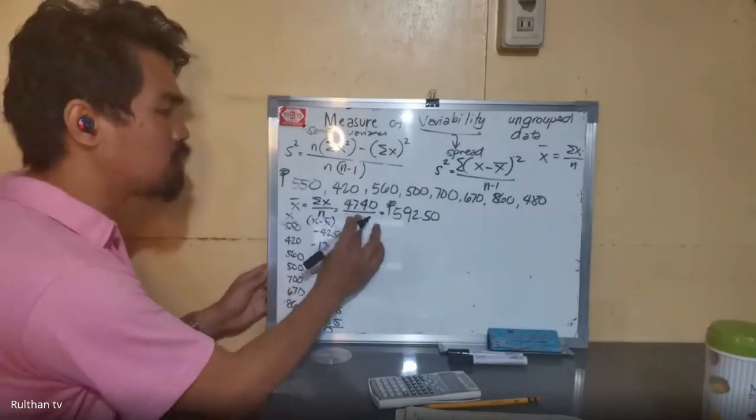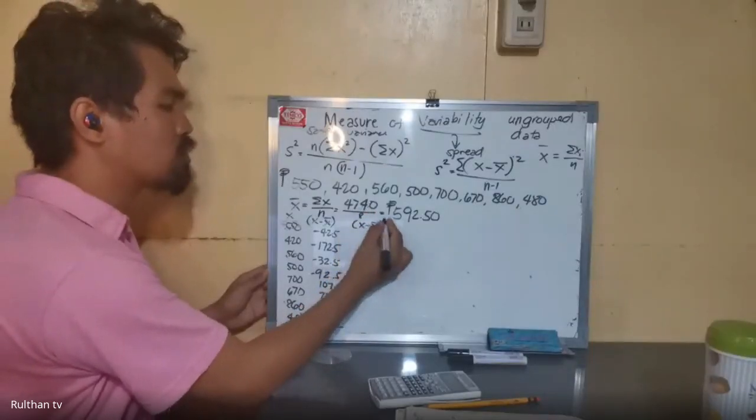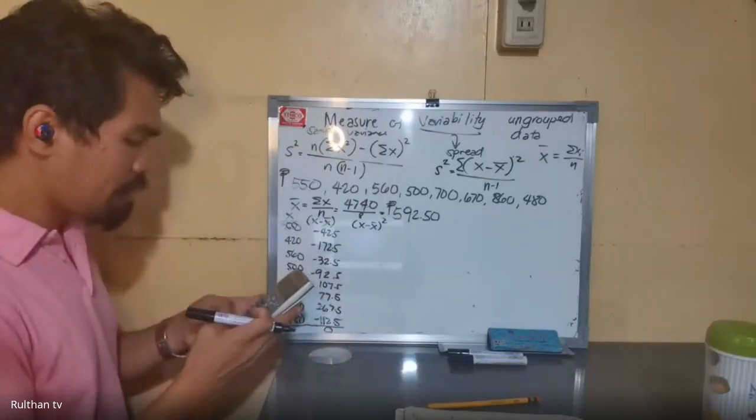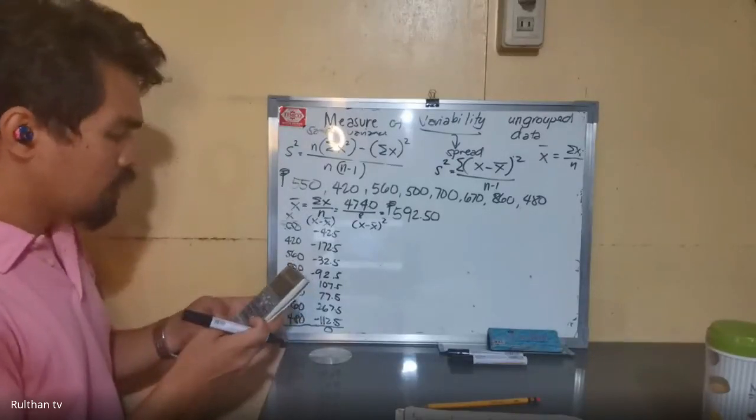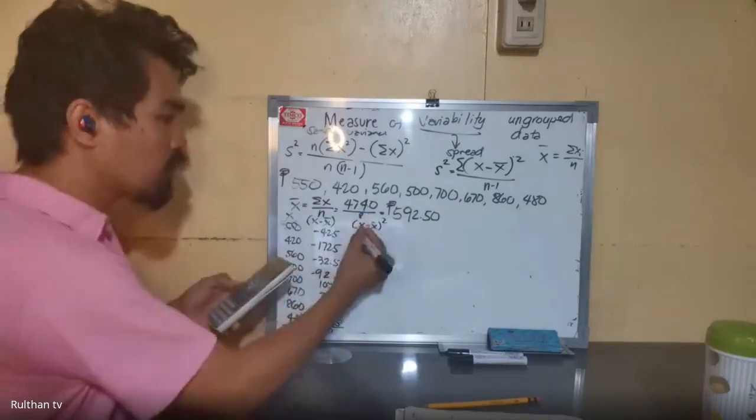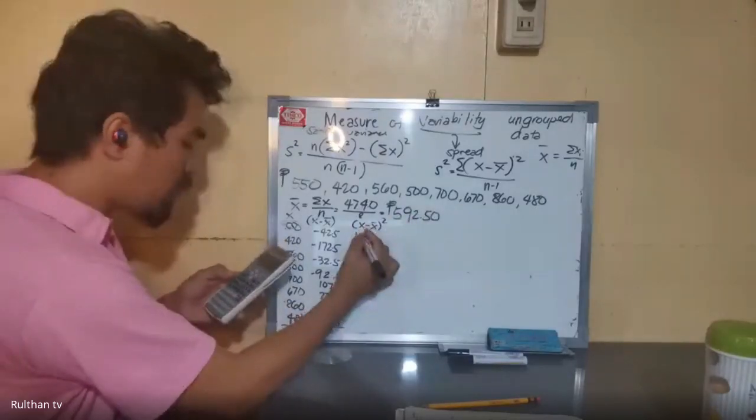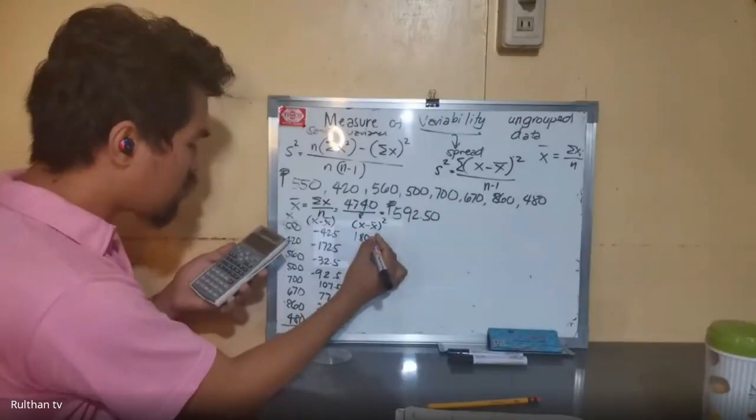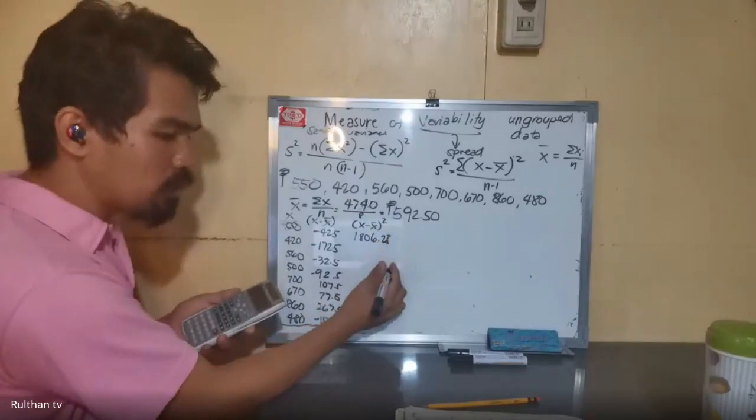So this is now x minus x bar squared. We will square its value. That's 42.5 squared plus 172.5 squared. This is what I'm telling you: when you are using the mean, it will really matter. The decimal points will really make it tedious. And then followed by